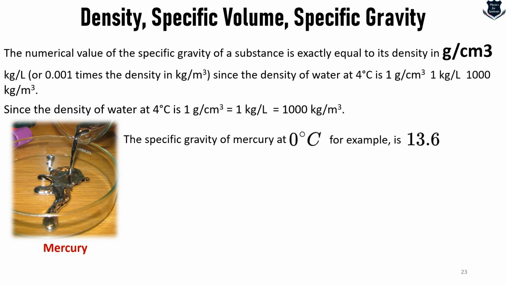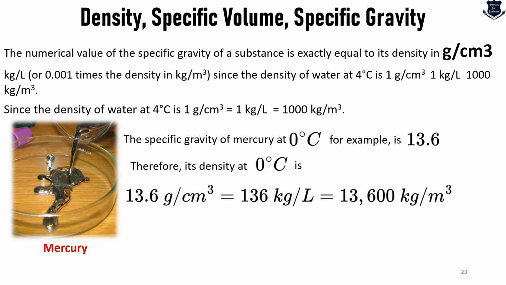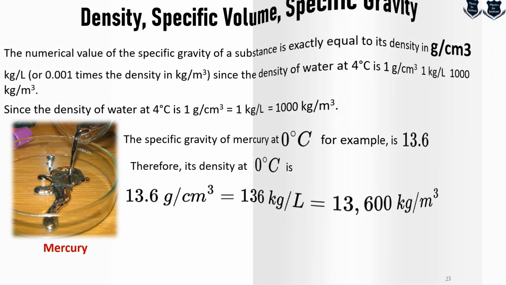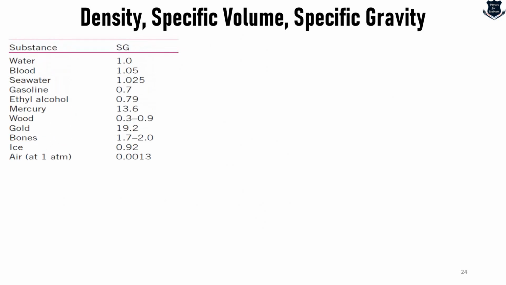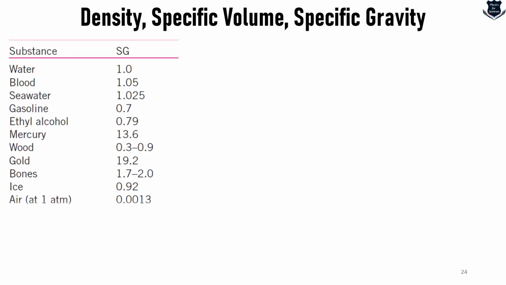So, therefore, its density at 0 degrees centigrade is 13.6 gram per centimeter cube, which will be equal to 13.6 kg per liter, which will be equal to 13,600 kilogram per meter cube. And the specific gravities of some substances at 0 are given in this table, which you can look into now. These are some of the specific gravity table which is given, and it is very important to note that substances